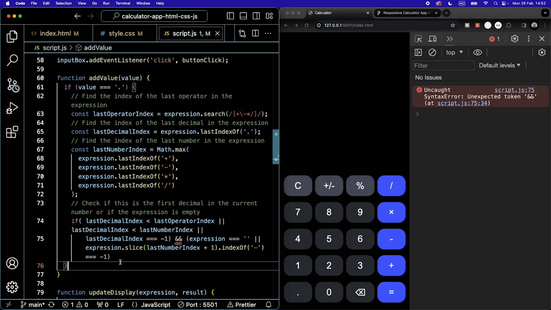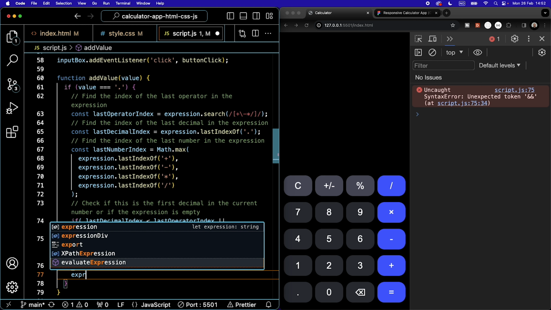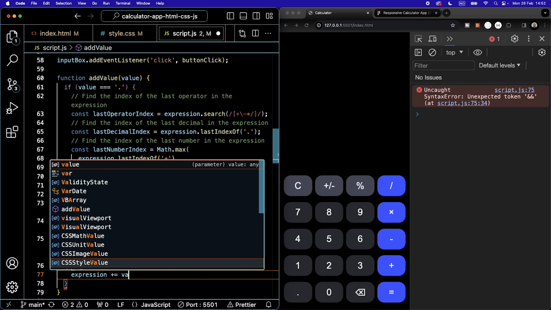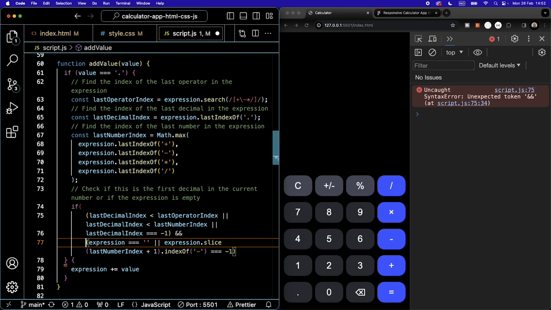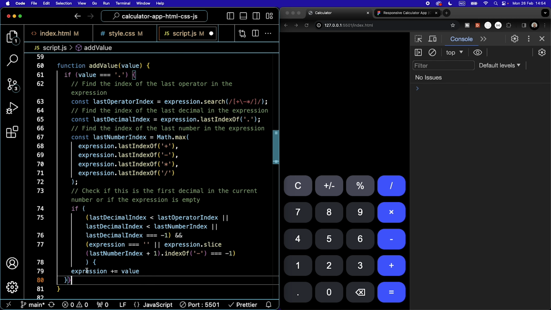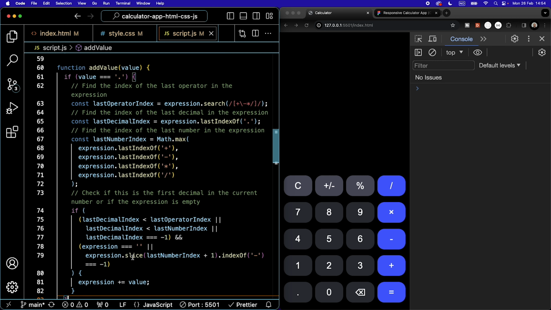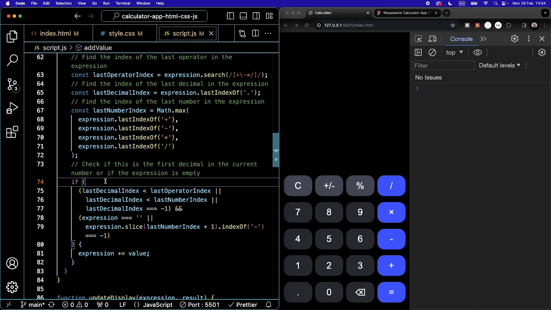If that's the case, then we can run this expression plus equals value that we had in the start. Lacking a symbol here, a bracket, but where? There we go. I was lacking 1 curly bracket down here. So hit save, and then Prettier also does the rest,